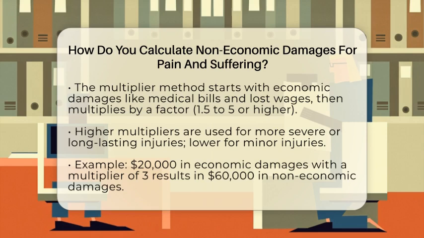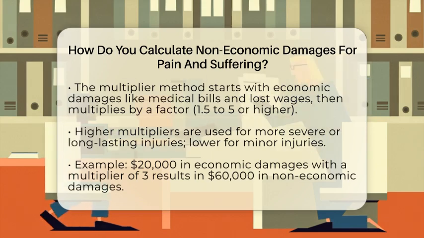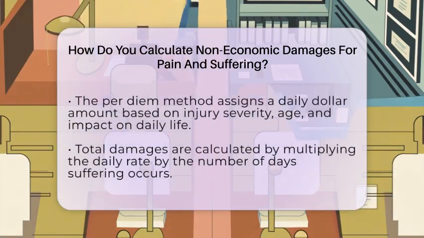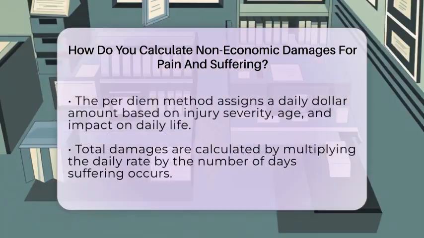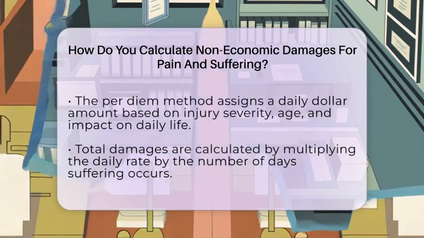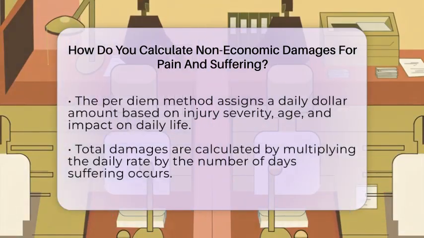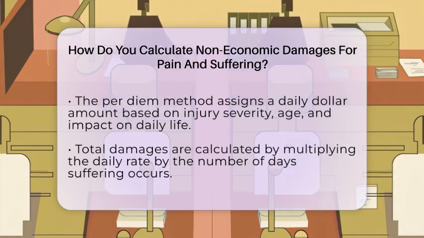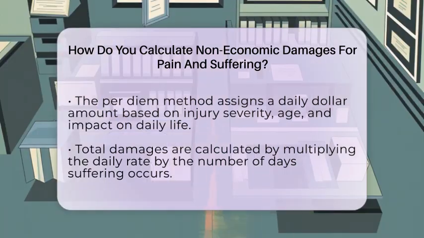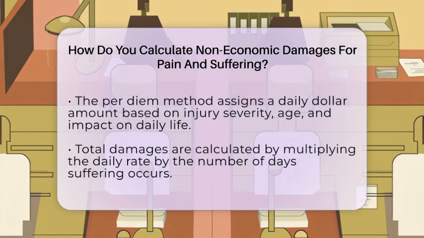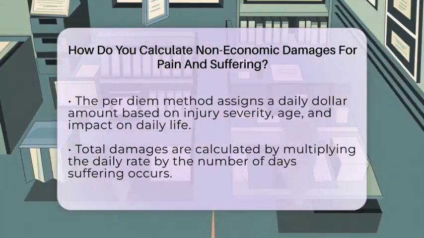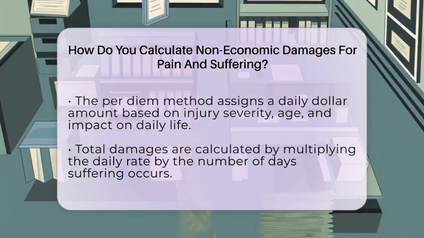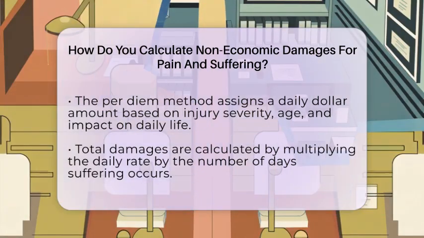The per diem method assigns a specific dollar amount to each day a person experiences pain and distress. The daily rate depends on factors like how bad the injury is, the person's age, and how much the injury affects their daily life. For example, if the daily rate is $75 and the person suffered 500 days, the total non-economic damages would be $37,500. This approach works well for injuries that take a long time to heal and helps to directly quantify ongoing pain